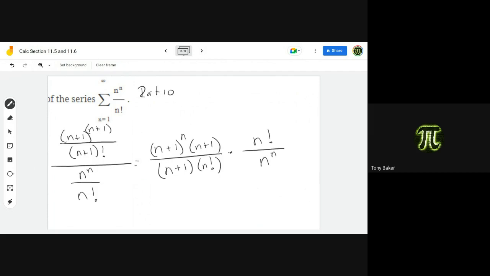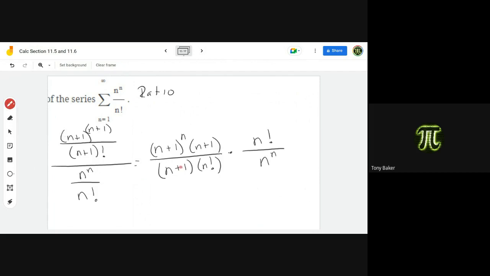The nice thing is these problems, if you're going to see a problem like this, these are the rules you're going to use. It's not going to be something crazy. The only thing that crazy that could happen would be if they gave you n plus 1 factorial in the original problem, and you'd have to do n plus 2 factorial, because then you'd have n plus 2, n plus 1, and then n factorial. But little things like that are easy to figure out when you understand it. And the goal is to find things that we can cancel out. Okay, so now if we look at this,